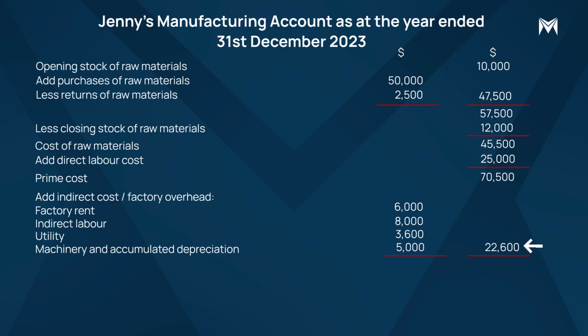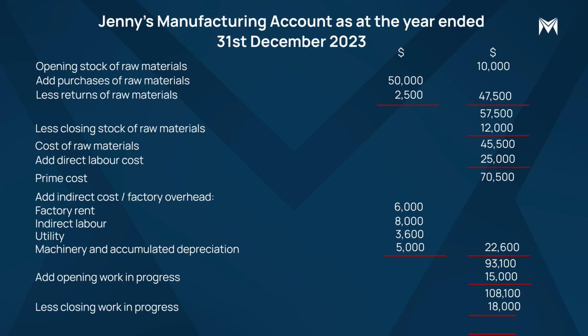Now let's bring it all together. We add the prime cost and the indirect costs to get the total cost of production, which is $93,100. But wait, we're not done yet. We need to consider the work in progress. We started with an opening work in progress of $15,000 and ended with a closing work in progress of $18,000. By adjusting for these, we finally arrive at the cost of production, which is